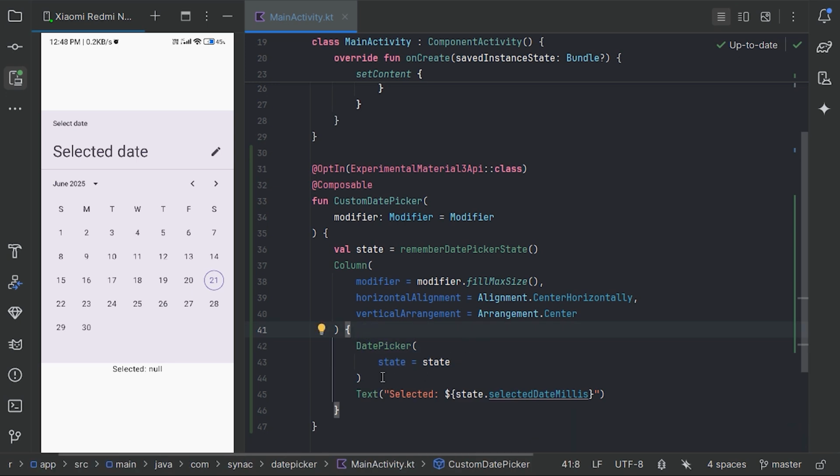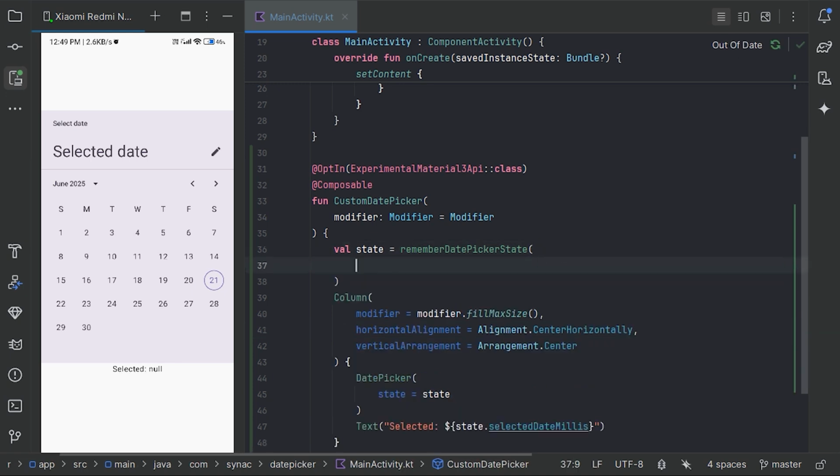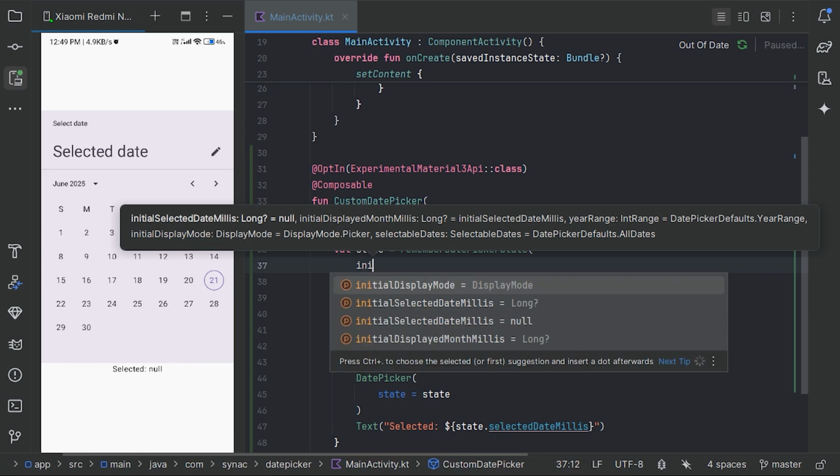Now let's customize this date picker. First thing, you see on this date picker there is no selected date. So we can also specify that whenever this date picker appears, there should be some initially selected date. So here in our remember date picker state function, we have few parameters, and one of them is initial selected